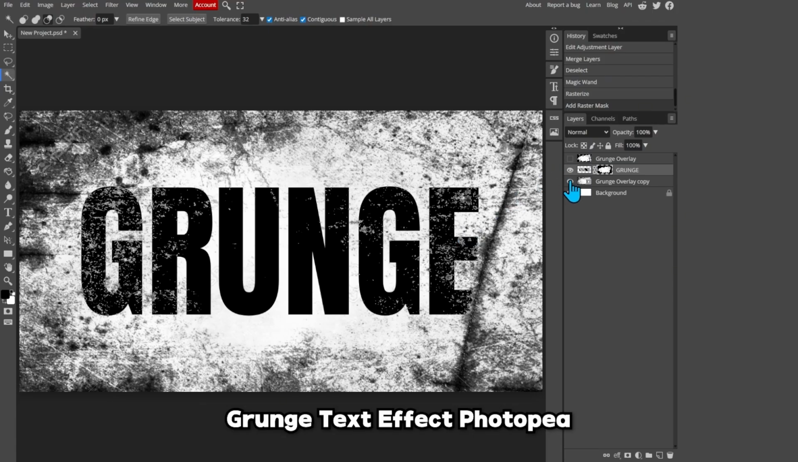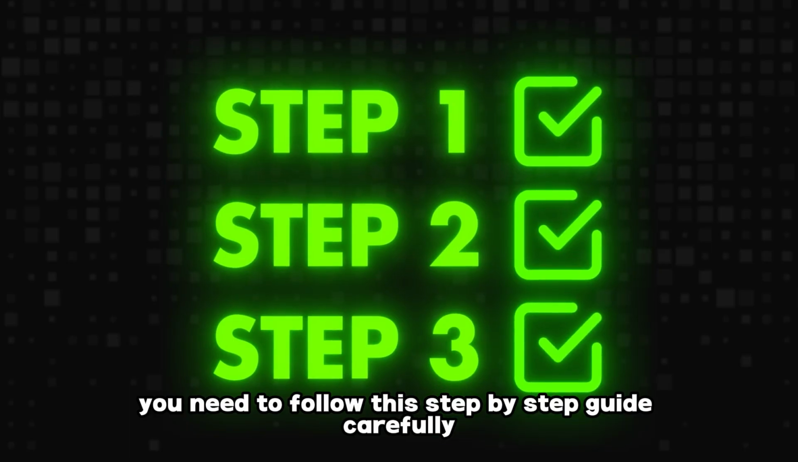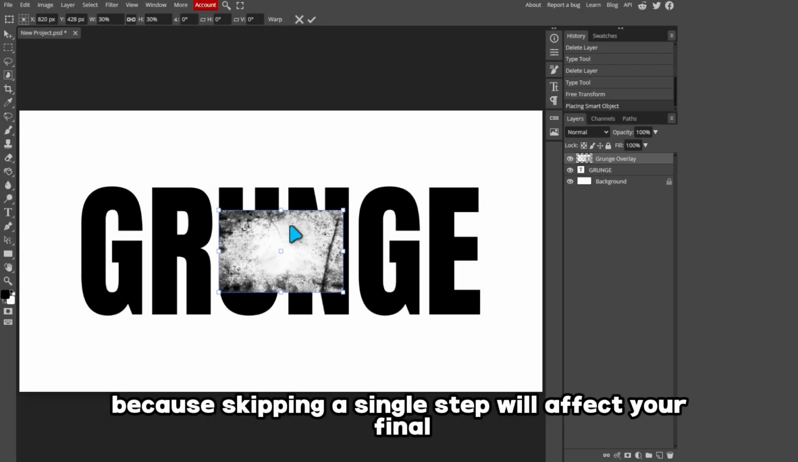Grunge Text Effect Photopea. Quick disclaimer, you need to follow this step-by-step guide carefully, because skipping a single step will